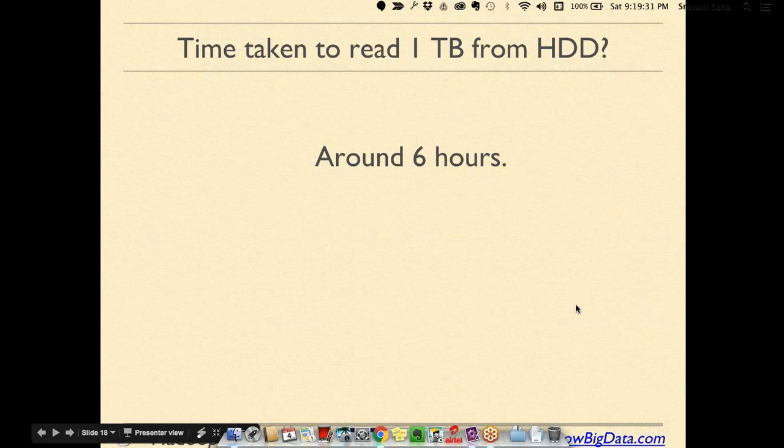So as you can see, in a day, if we are talking about reading 1 terabyte in 6 hours, you can hardly read 4 TB in 24 hours. But if you go into little high-end systems, you could actually do maybe 4 times that. Okay,